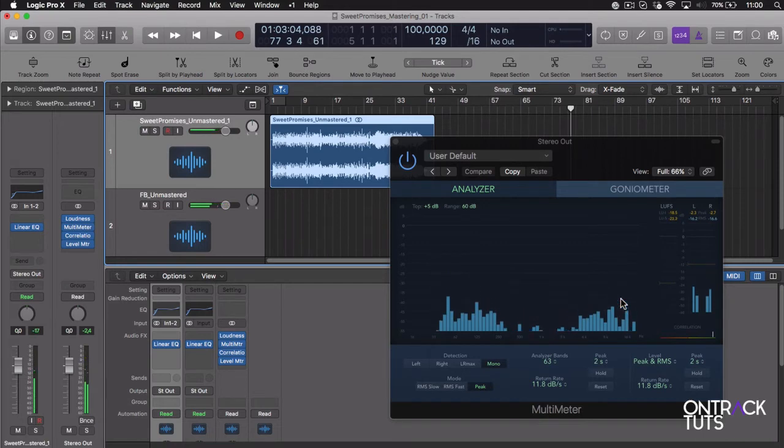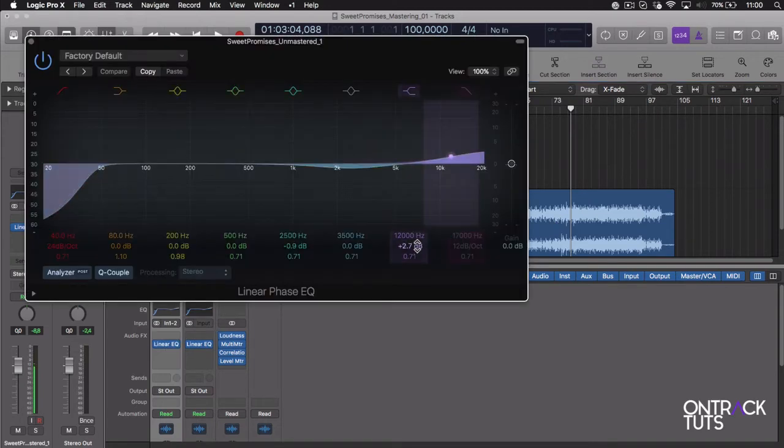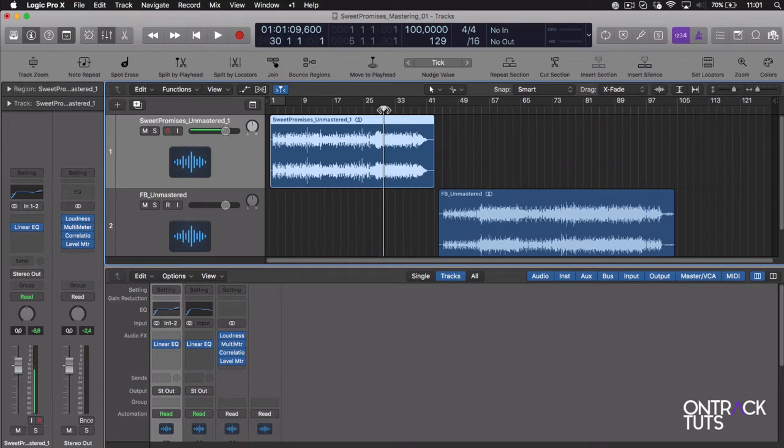So there's two ways I can correct this. I can either take this first track and boost the high registers in it, or take this track and drop the high registers to get them to sit together well. I think I'm going to do a bit of a mix of both. On this track, I want to boost the high registers, maybe just pull this in a bit more. And then on this track, on the EQ, I want to drop the high registers a bit, just by 3 dB. Now if I listen to the two together,